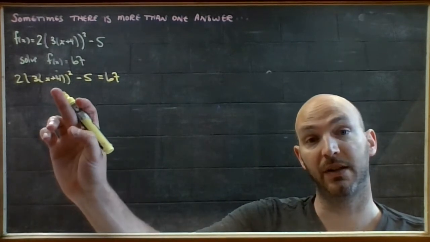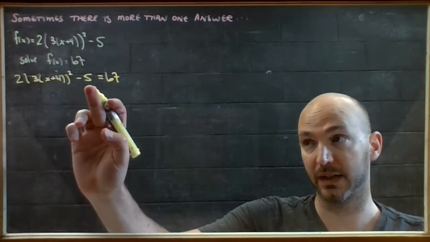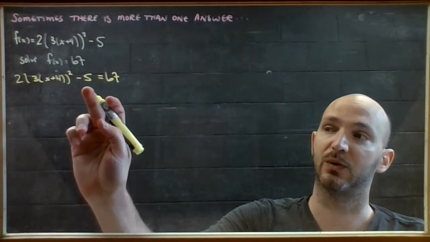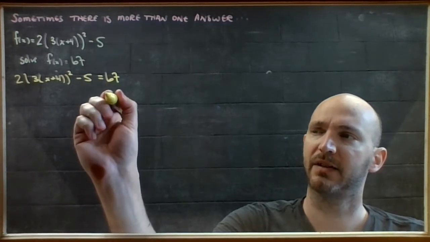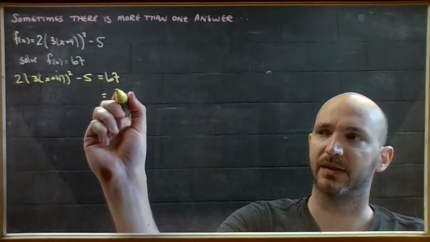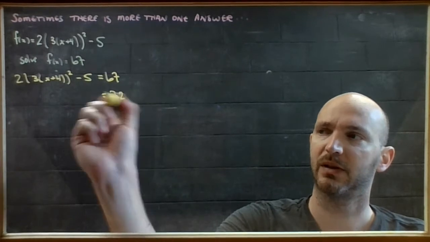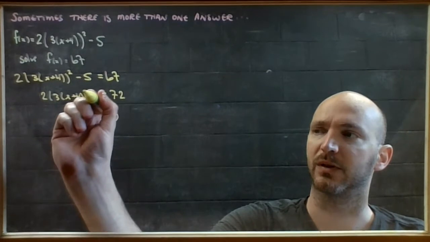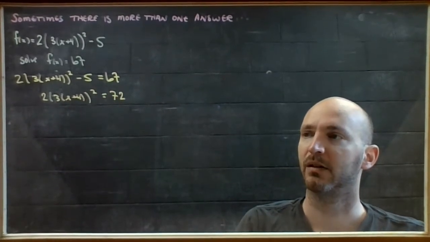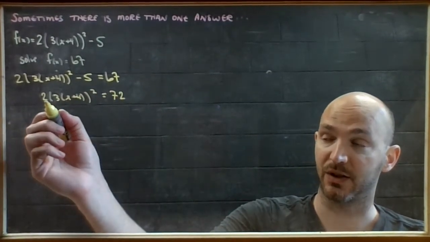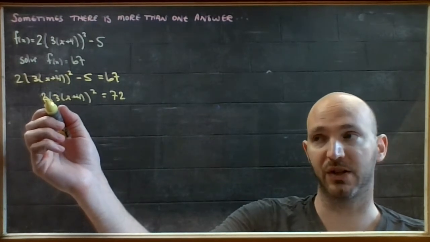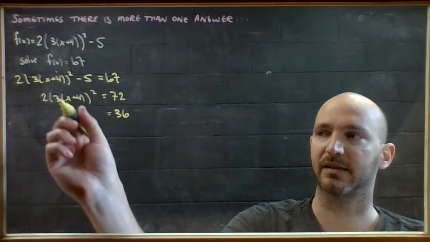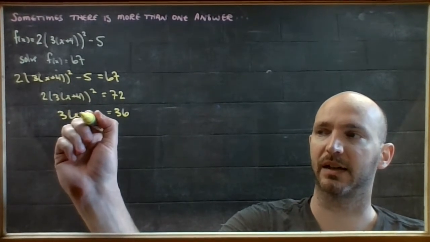So I have to start peeling things away from this x. That would be the last thing I do to it, so that's the one I'm going to undo first. I undo subtract 5 by adding 5. 67 plus 5 is 72. And that leaves the 2, the 3, the x plus 4, and the squared. Alright, the next thing to undo is the 2. So to undo multiplication by 2, I divide by 2, and 72 divided by 2 is 36. So then I have 3 times (x plus 4)